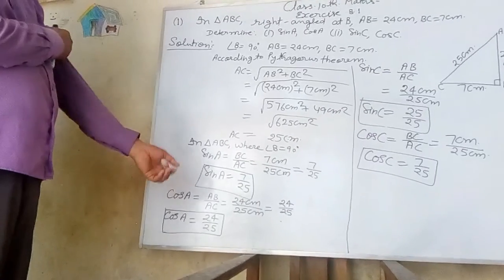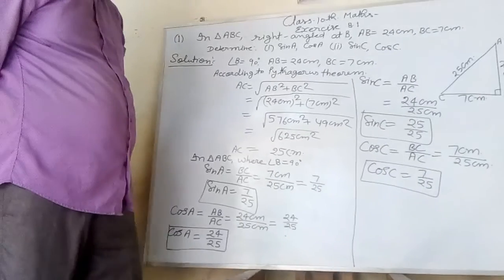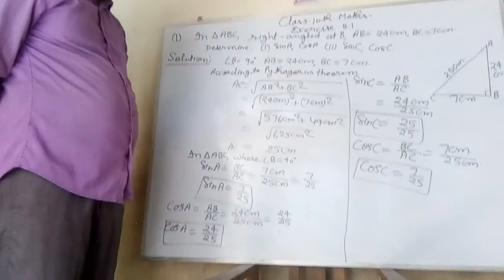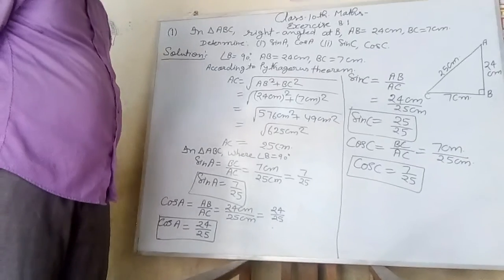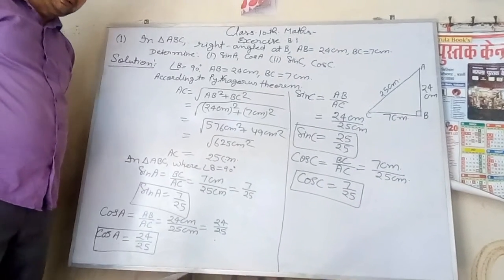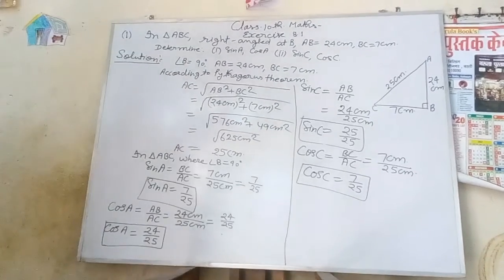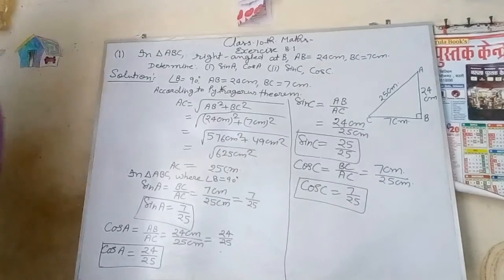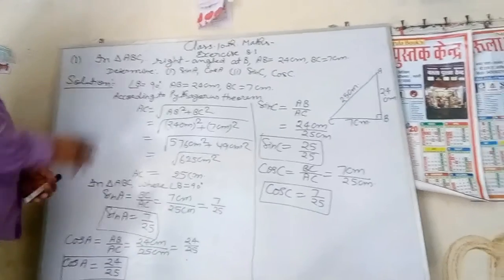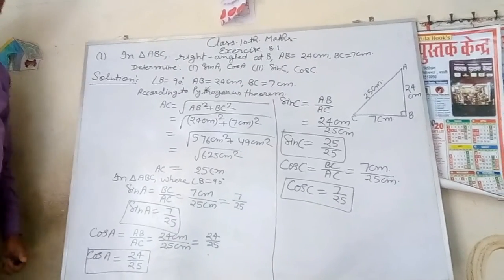And in second question, in figure 8.13, find tan P minus cot R. Tan P minus cot R. So first erase it and